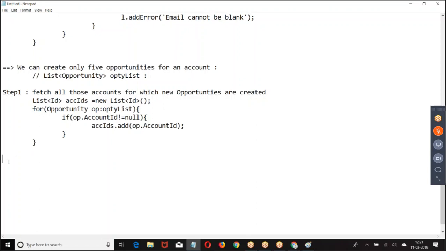The step number 2, fetch all the accounts with the corresponding opportunities.